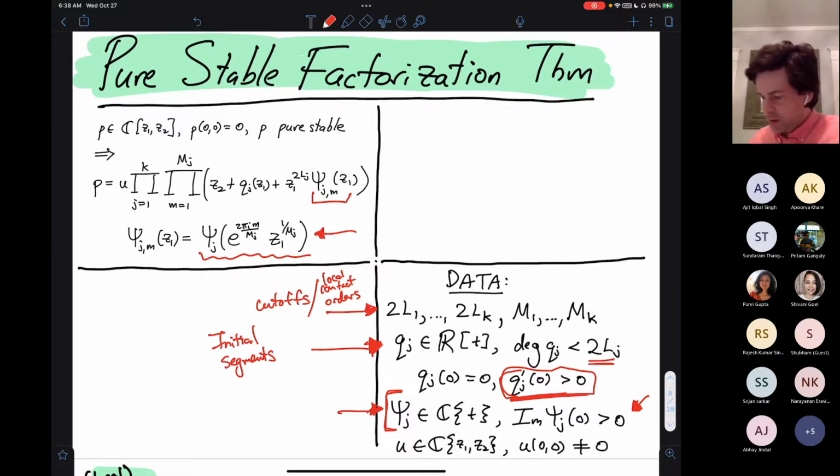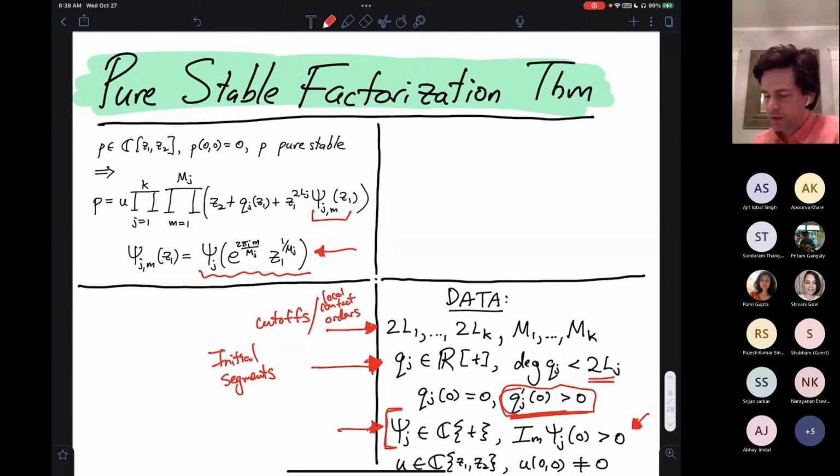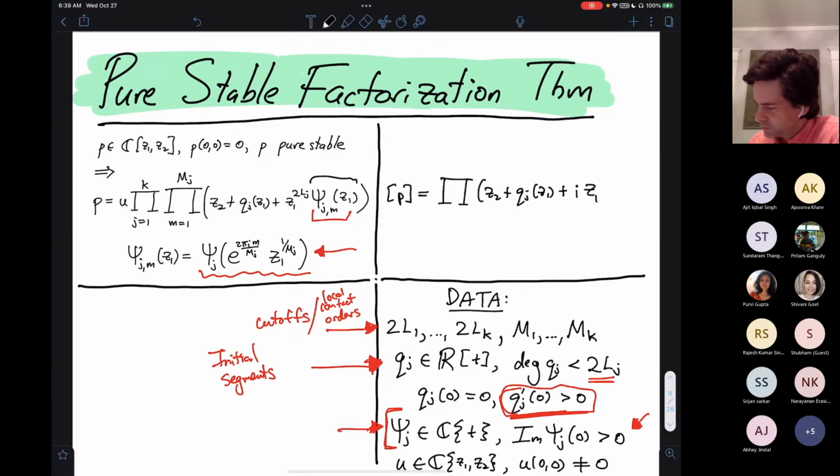One thing, in case I run out of time, maybe I'll just mention that it's something that we've shown. I'll state this later, but I think now's a good time to do it also. It turns out that if you cut out all of the Puiseux series from this formula and define a polynomial like so, I replace all of this nastiness with Puiseux series with just i. So I have to include these initial segments, but if I just replace all of the Puiseux series with the imaginary number i and include things to their right multiplicities, I define this polynomial P bracket, and